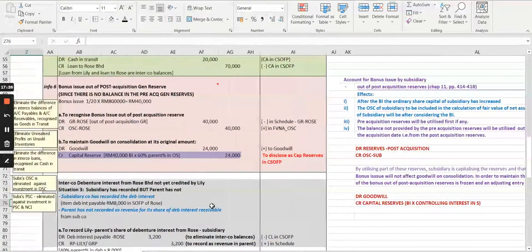So what you will do is, I've done it here, debit the goodwill. How much? You're going to credit the capital reserve by how much? 40,000 is this bonus issue. 60% is the controlling interest in the subsidiary. So 40,000 times 60%, 24,000. This one will be the thing that you need to disclose in the capital reserve section in your consolidated